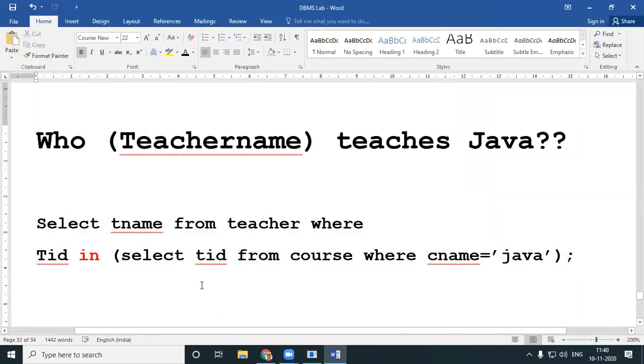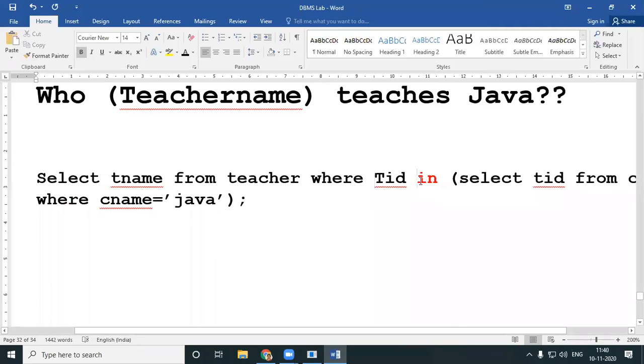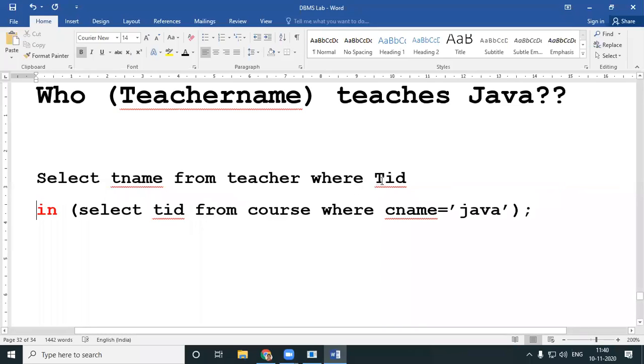When you write queries, one thing to keep in mind is where TID in, select TID. These are primary key and foreign key, so see that it happens in a flow.